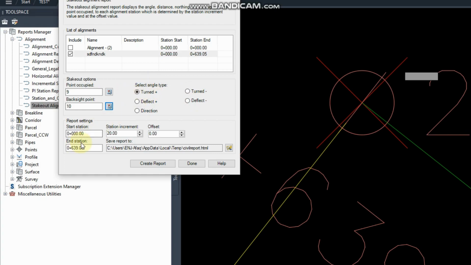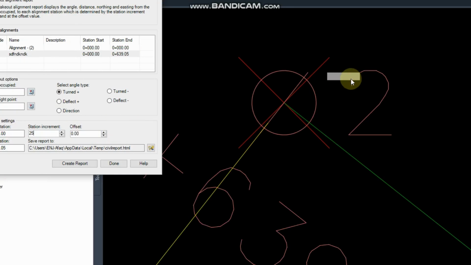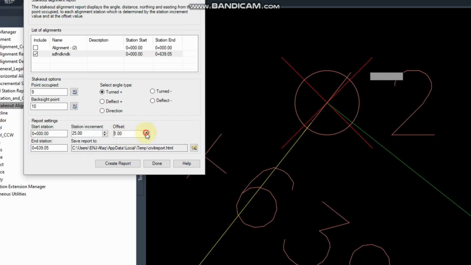Okay, starting station: from which station you will start. Mostly we are taking coordinates every 25 or 20 meters. You can take offset also if you need: on the right side 5 meter, on the left side 5 meter. You can create from here, minus and plus like this one. Okay, and from here